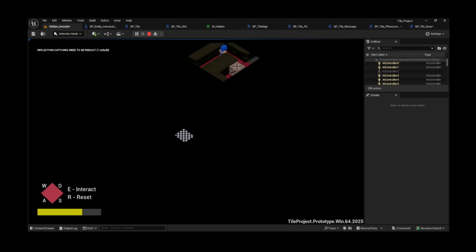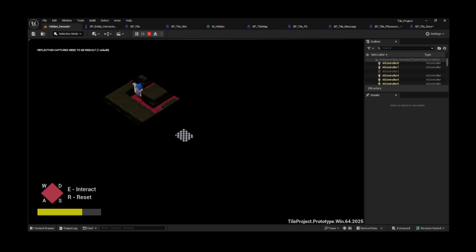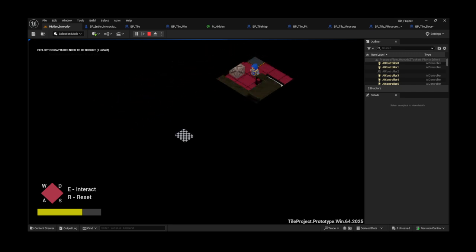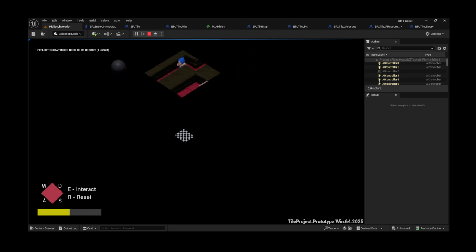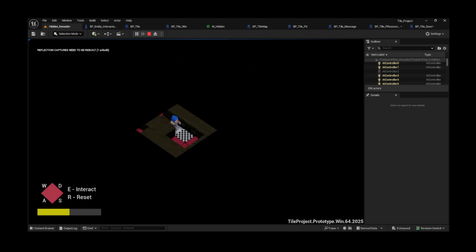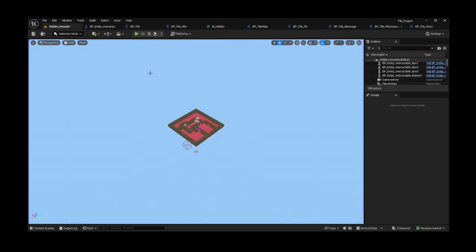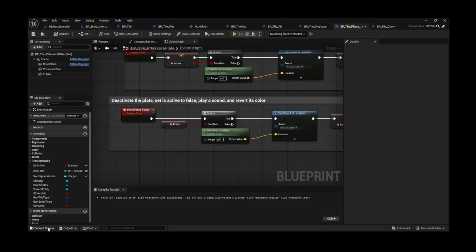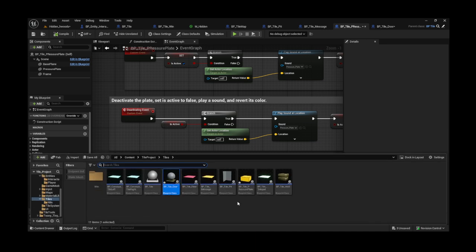So this button here reveals a gate right here, and that pressure plate at the top is what opens it. And it allows you to get access to the root tile. And that's pretty much it. Moving on to the logic. So you need to go ahead and